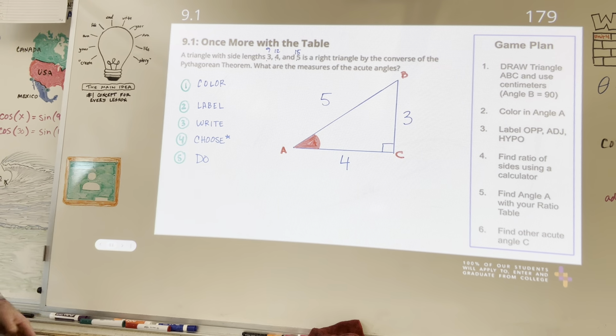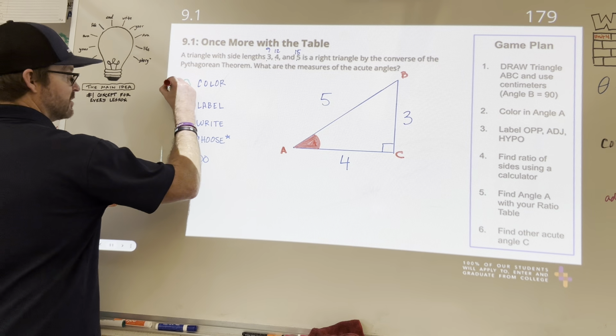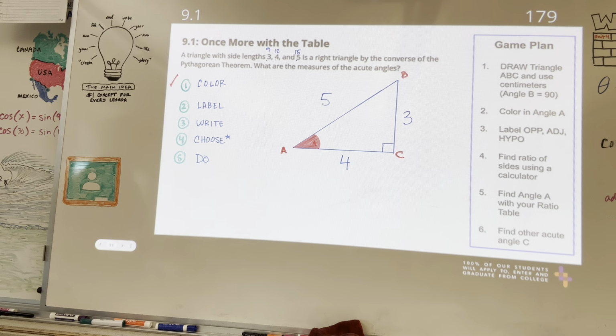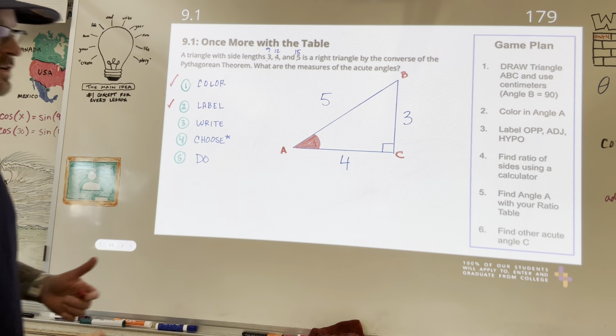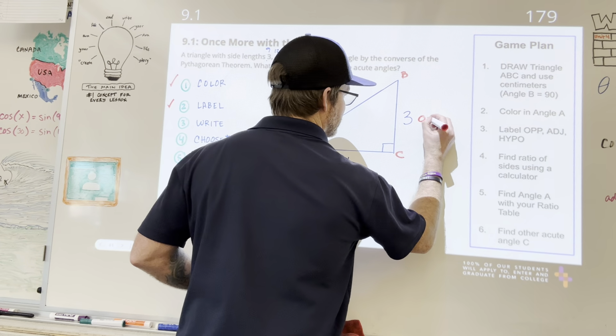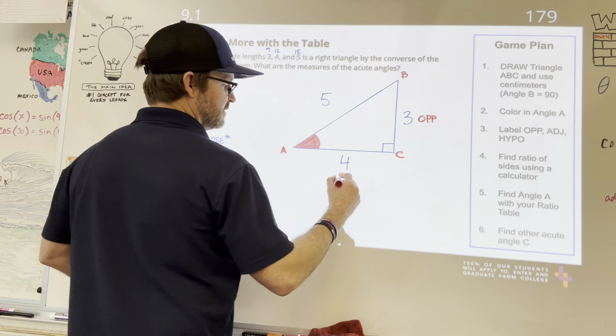The next thing you do, so that's the color portion. The next thing you do is you label, and this student is so good at this, so I'm gonna go fast. Op, ADJ,